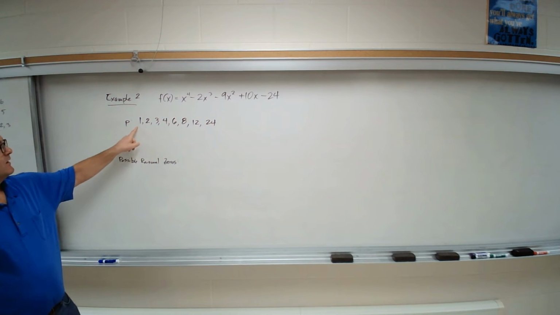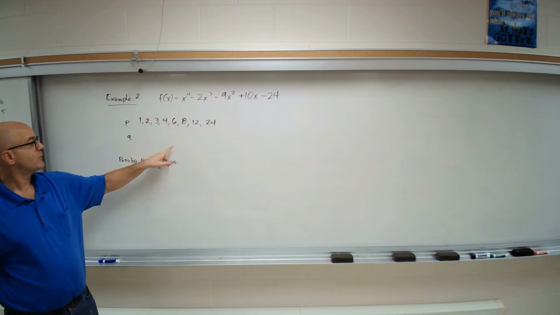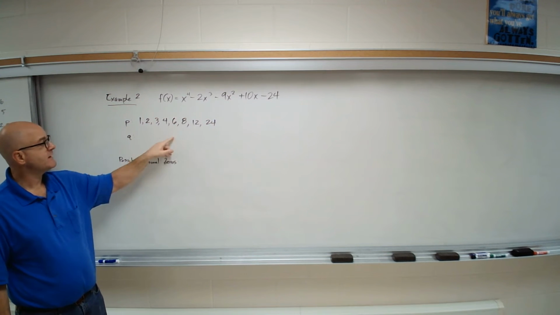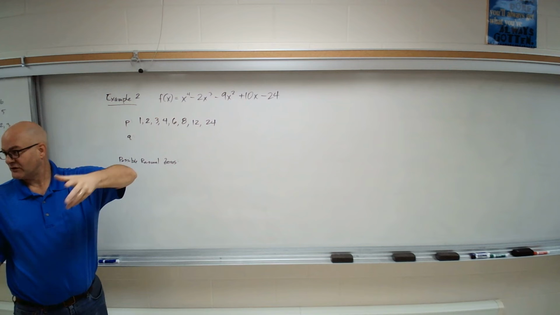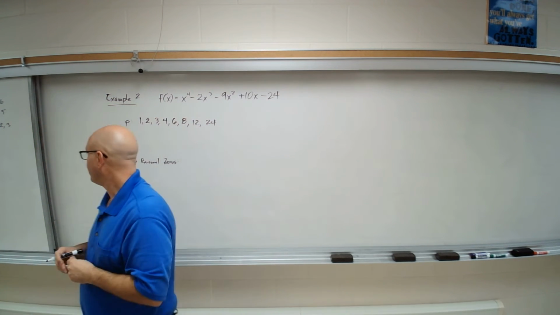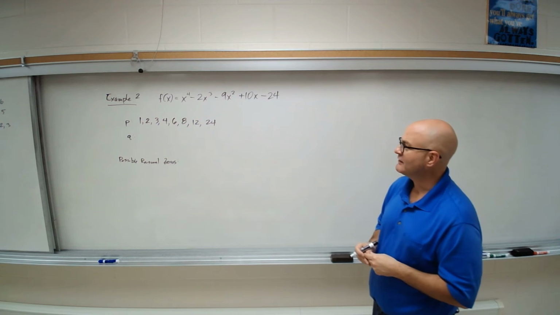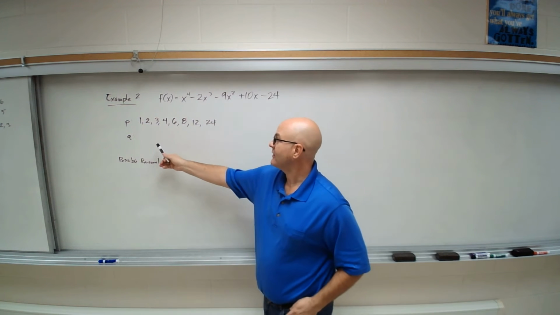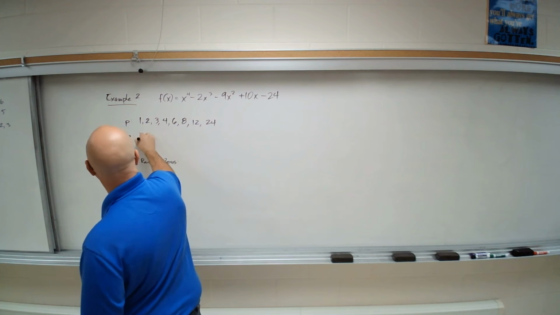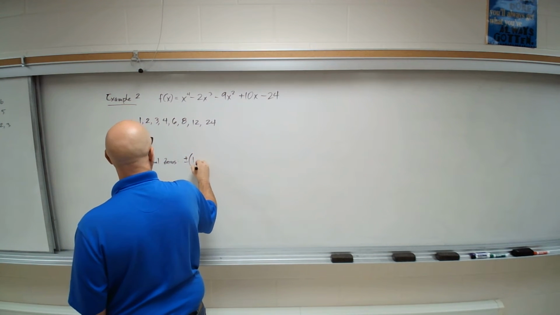And if you notice, 1 times 24 is 24. 2 times 12 is 24. 3 times 8 is 24. You should have pairs like that. You always actually have an even number of pairs unless it's a perfect square, which is kind of interesting. Now, q's are nice here. It's just going to be 1. So our possible rational zeros,